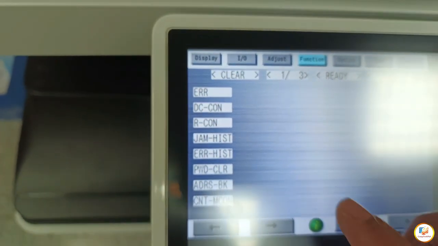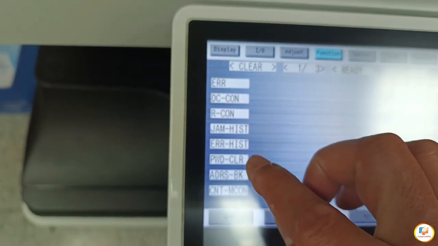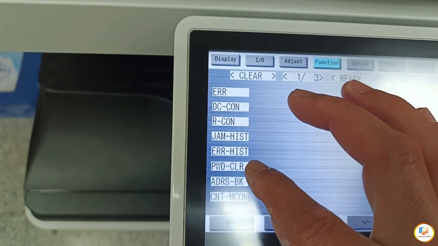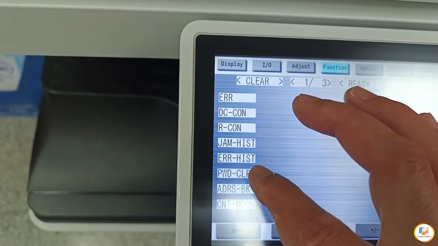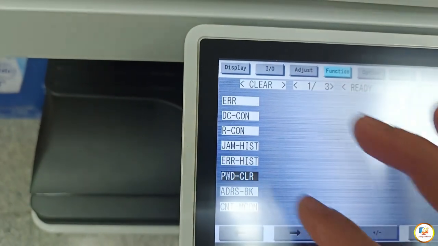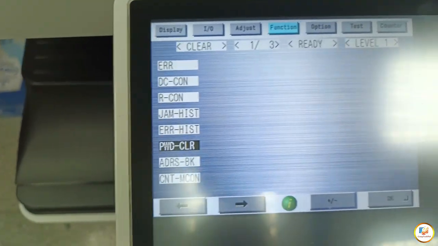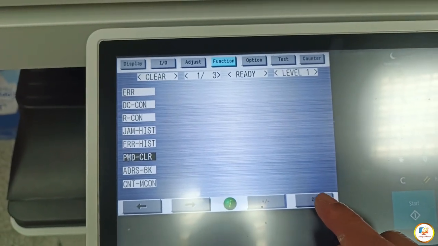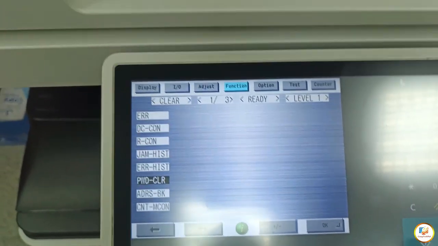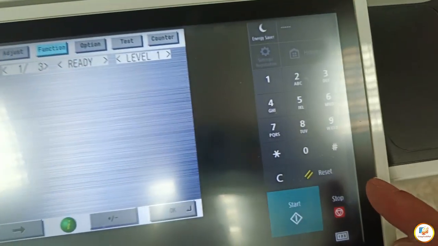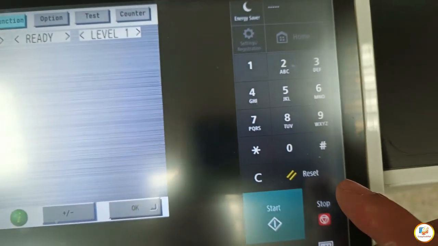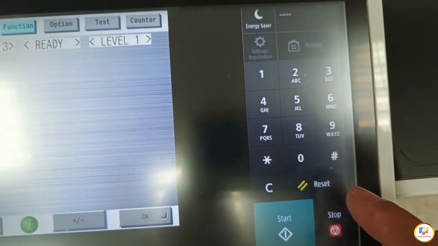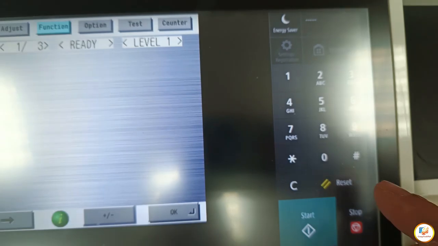Now we're going to tap WPWD CLR, which is password clear. Then tap OK. After that, you can see the reset button on the right side. So tap reset.